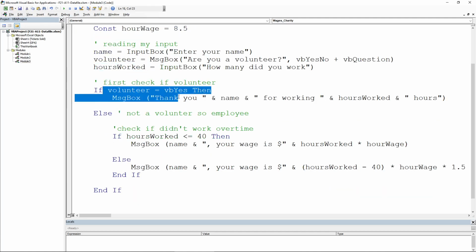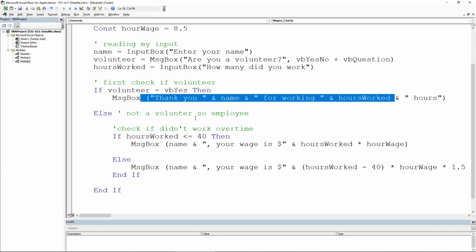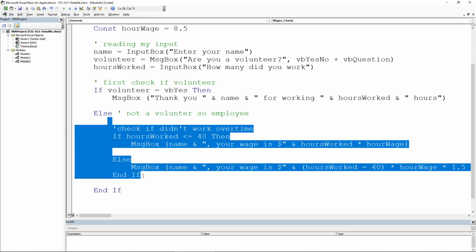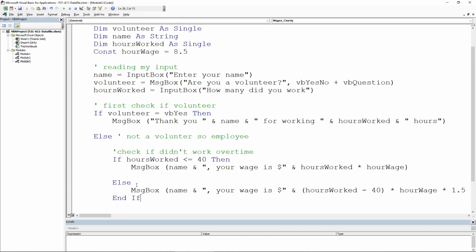Okay, now we're checking, is the volunteer VB? Yes. So the variable where you put the message box, is that where you're asking if they're a volunteer? Is it VB? Yes. If yes, we message box. Else, if you're not a volunteer, you check, did you work less than 40 hours? If yes, you do this. Otherwise, you do this. Okay, now this is more than enough, but however,